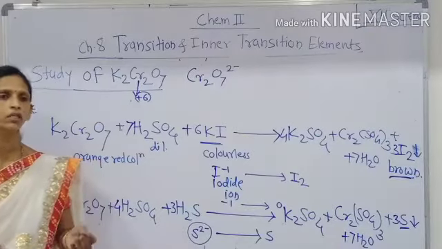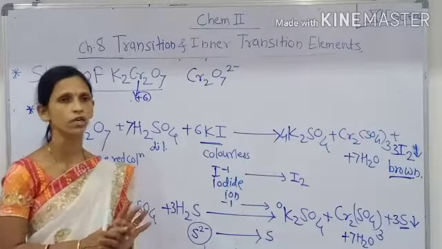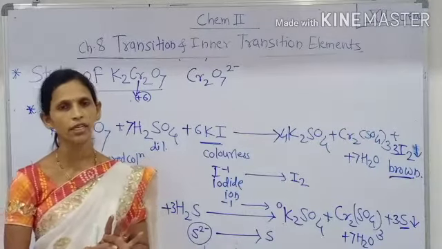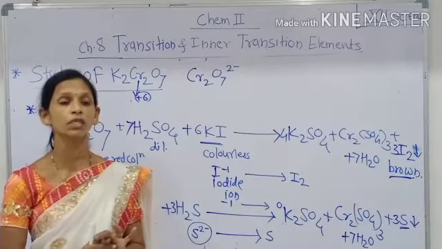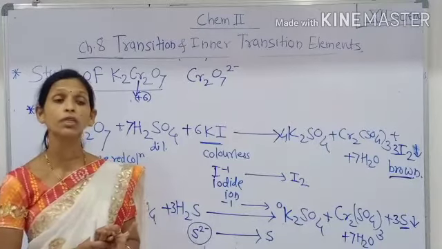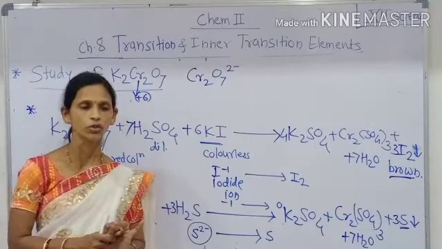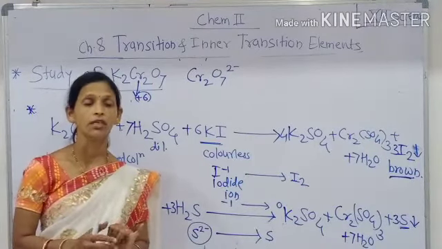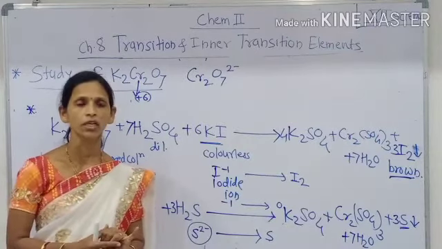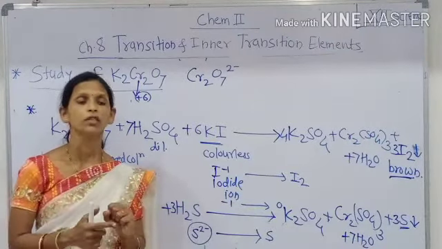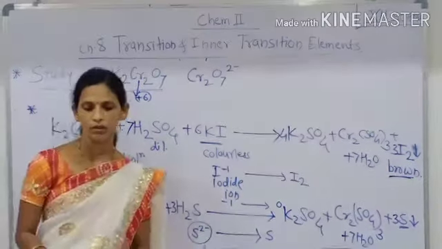Then we have to discuss the uses of K2Cr2O7. First of all, K2Cr2O7 acts as an oxidizing agent used in the laboratory. It is used in the tanning process of leather. It is also used in the volumetric analysis of different compounds or different reducing agents. It is also used as a chemical reagent in industries or in chemical laboratories. It is used for the preparation of dyes and drugs. That is about the